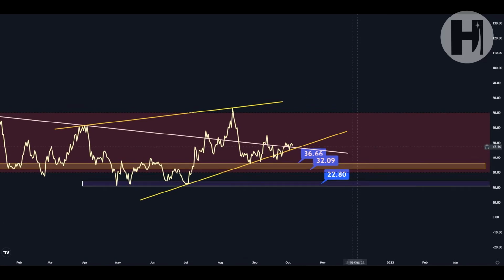So yeah, now jumping into some support levels for the RSI, you can see that we have a buy zone here from 36.6 to 32.09. That's your immediate support down below. And you also have a very nice buy zone here at the index of 22.8. Now that